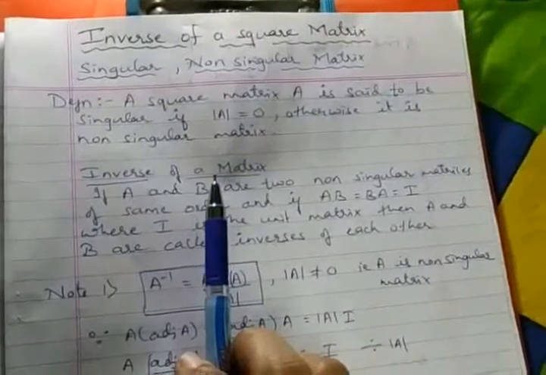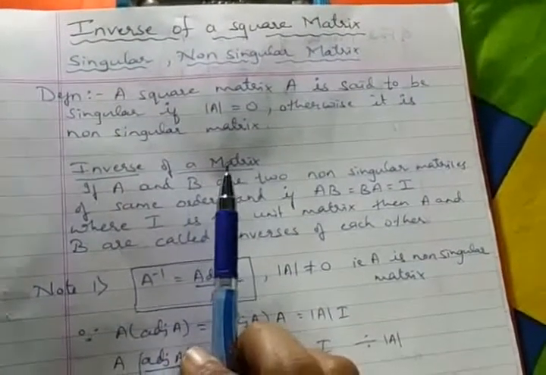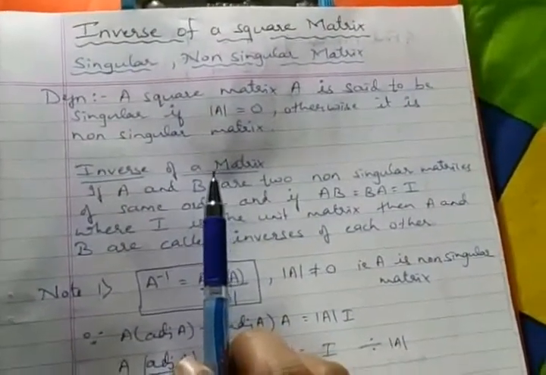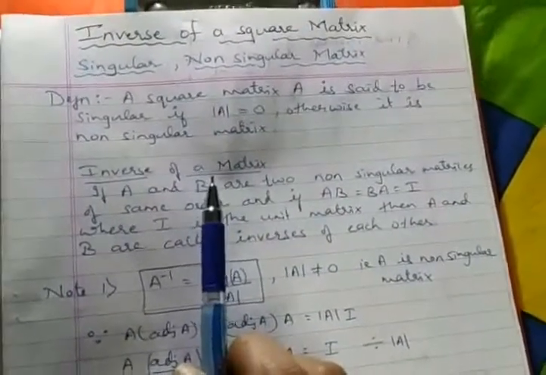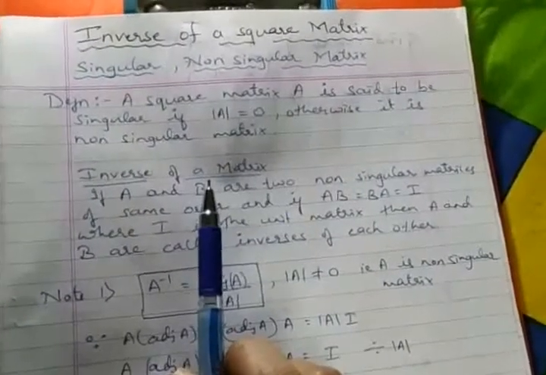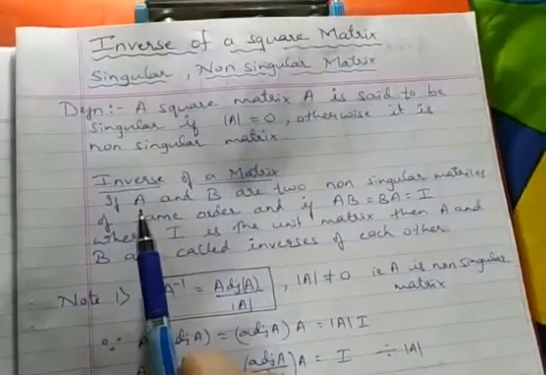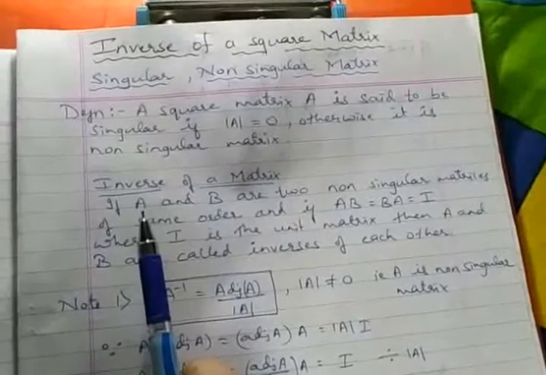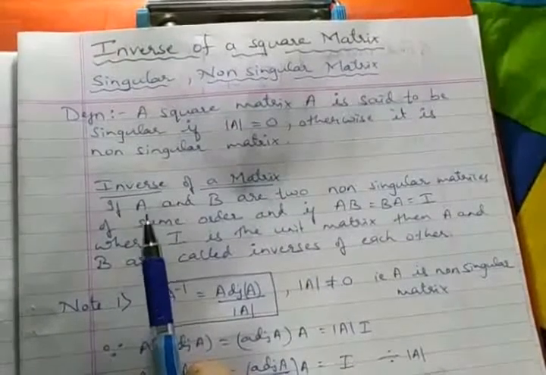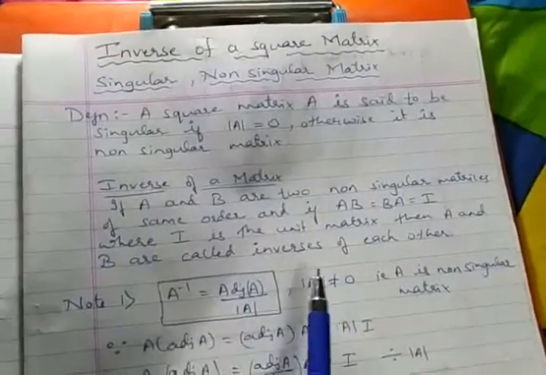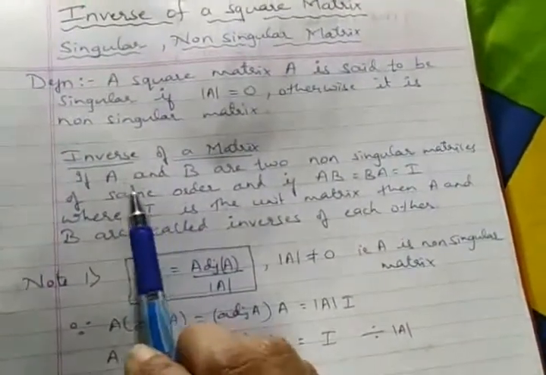Why is this so? See, people have already come across functions, where for any function to have an inverse function, there is a condition that it should be bijective. I mean one-one and onto. So there is a condition given for the function, based on which we speak about its inverse. Similarly, for any matrix A to have an inverse matrix, it should be a non-singular matrix. That means determinant value should not be equal to 0. That's the condition. So let me continue the definition part.